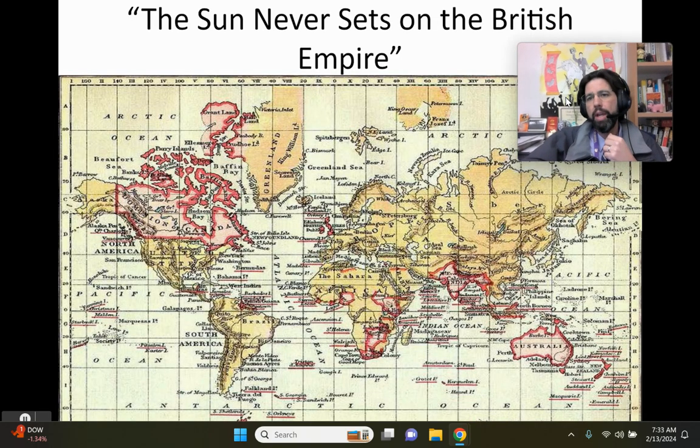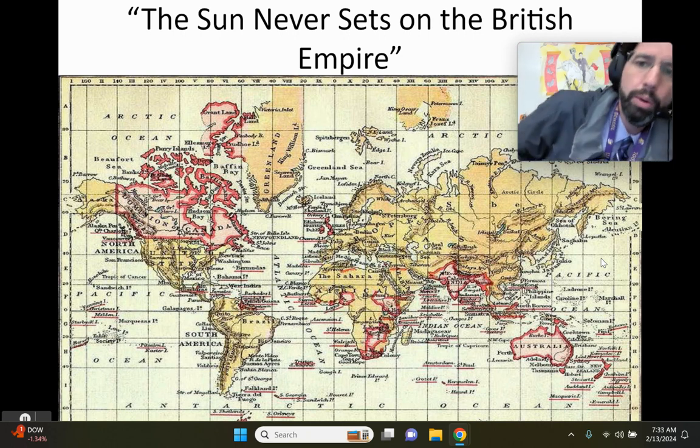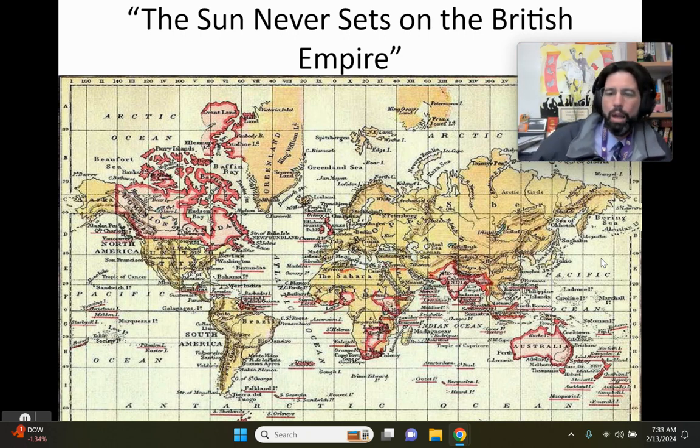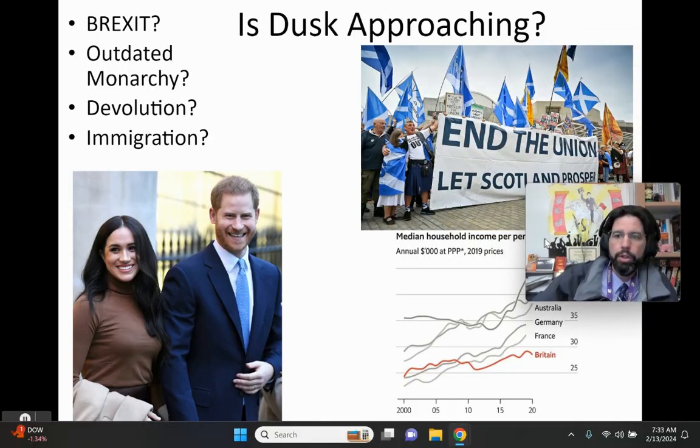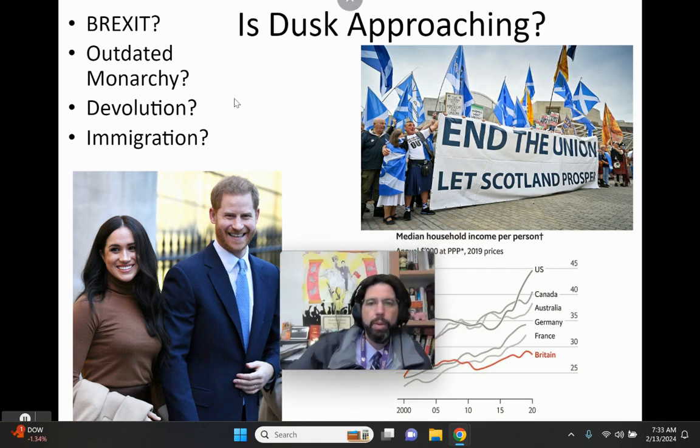Let's talk about the UK in terms of recent issues. One, we've got to remember that the UK is a dying empire. They used to be the most powerful empire on the planet, almost had a third or quarter of the globe, and now they're probably not even the most important country in Europe. So then the question becomes things like, all right, how do we deal with Brexit? What happens with the monarchy and all the controversy of the monarchs? And how do we deal with devolving power to Scotland, Wales, and Northern Ireland? What about immigration? What about economic stagnation?